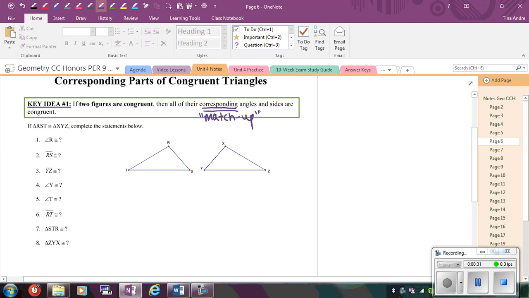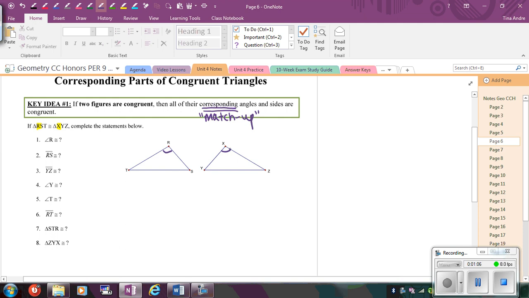Sometimes it's easy to look at a picture and tell which are the corresponding parts, but other times it's not as clear cut. So one thing that's important to look at is the congruence statement. The congruence statement is this right here, where we say triangle RST is congruent to triangle XYZ. What's important about that is the order of the letters actually tells us which ones match up. Since R and X are both first, that means that angle R and angle X must